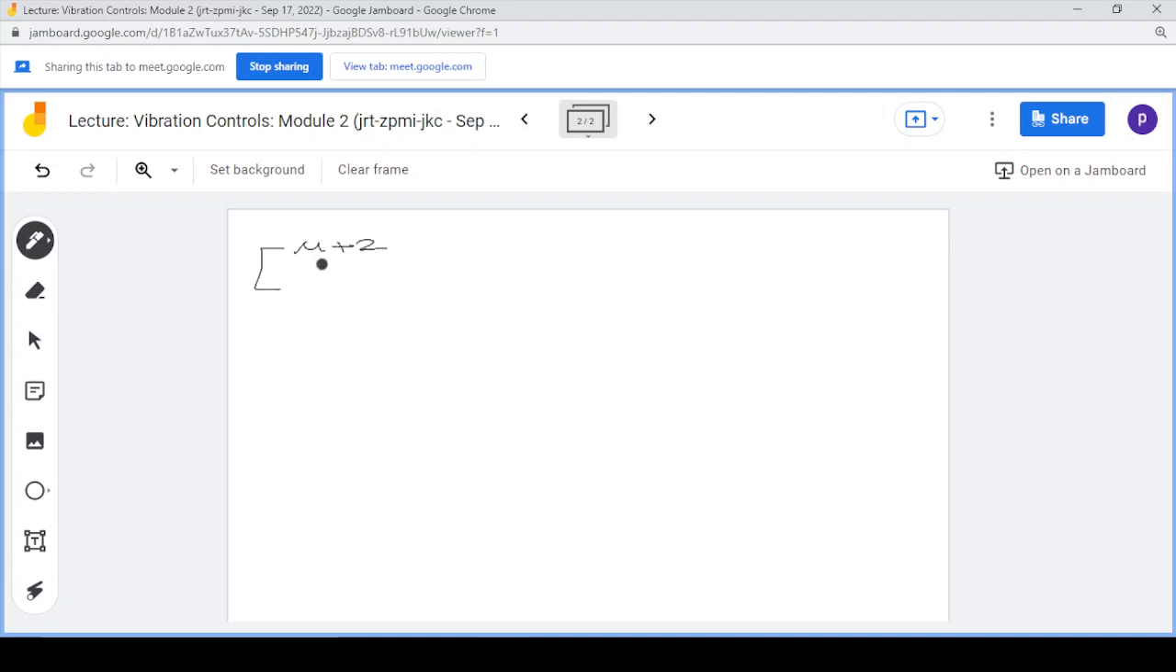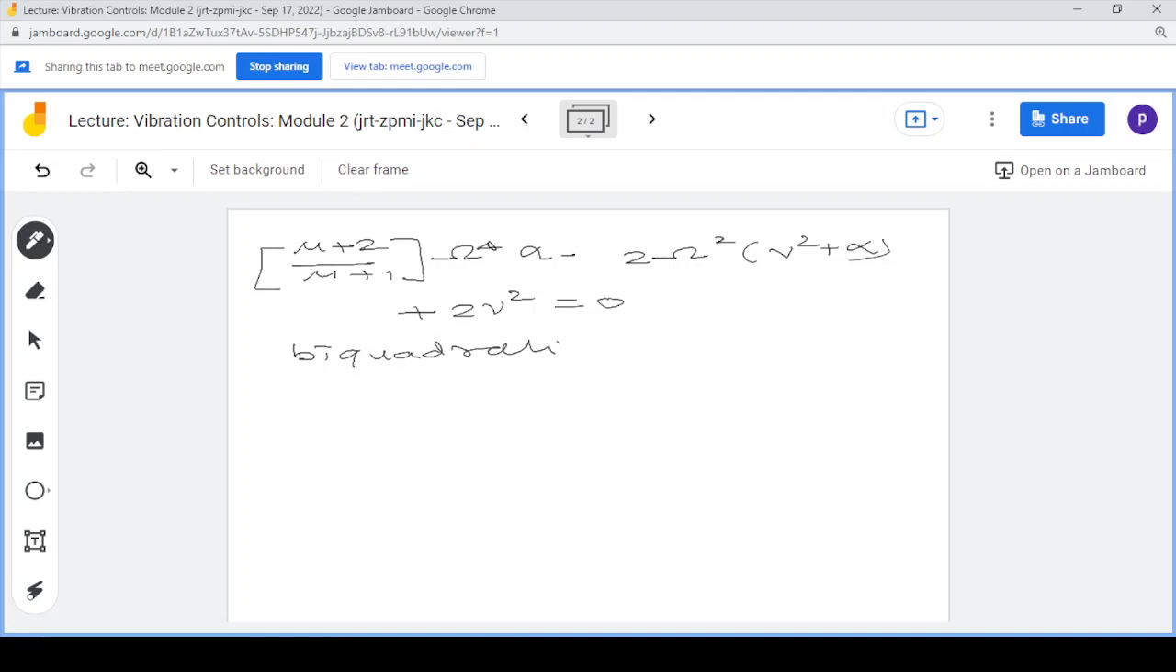using this expression, that is the negative sign on the expression, we can obtain nu plus 2 upon nu plus 1 into bracket omega square alpha minus 2 omega square into nu square plus alpha plus 2 v square equals 0. So this is an equation which is called a biquadratic equation. Why is it called biquadratic? Because it has a term omega raised to 4. So this biquadratic equation will give us two roots,